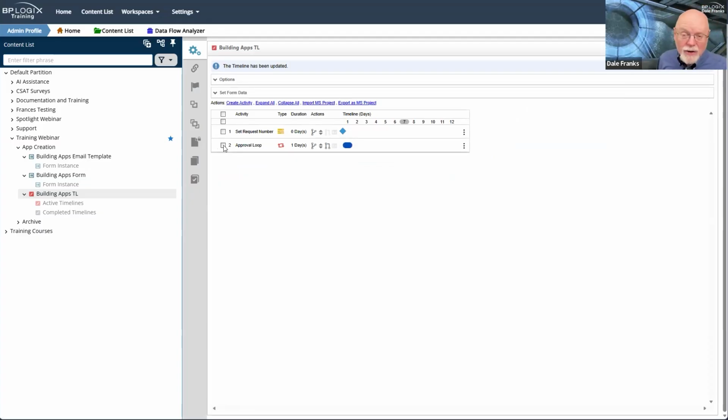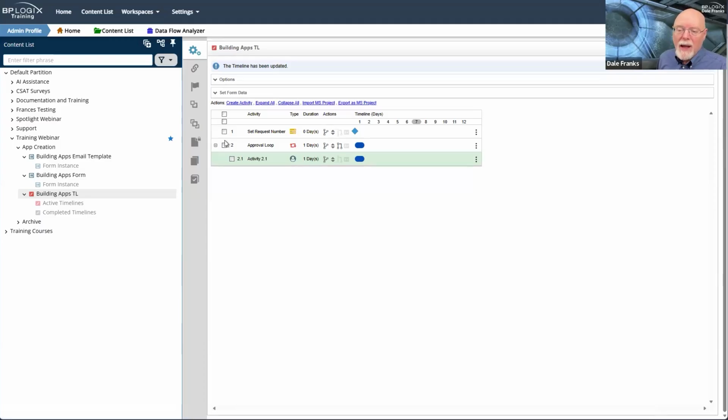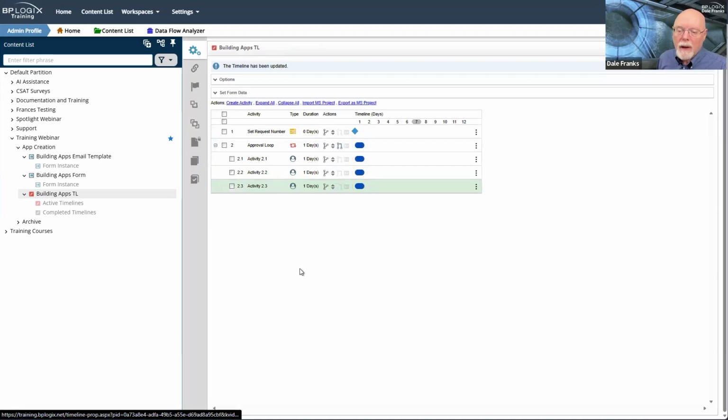I need to add child activities to it. So I am going to click on approval loop and hit create child activity. In fact, I'm going to do that a couple of times. So I've got 3 activities. I've got activity 2.1, 2.2, and 2.3. These are going to be user activities.